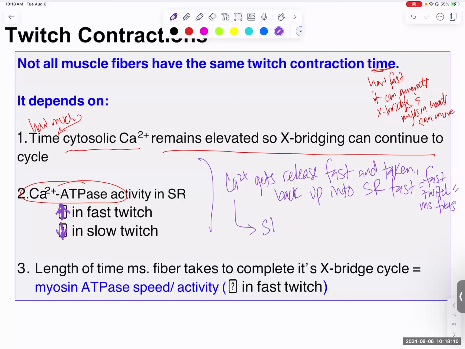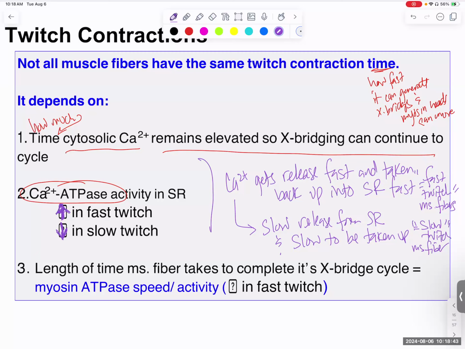And it's slow release from the sarcoplasmic reticulum and slow to be taken up in a slow twitch muscle fiber. So how fast it can get calcium out and how fast it can get calcium back in is a speed factor,